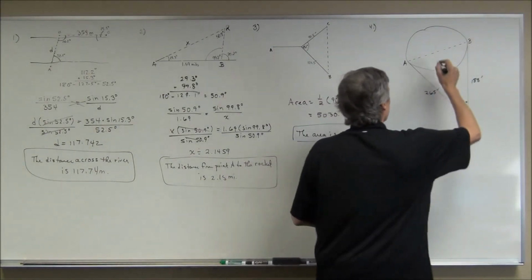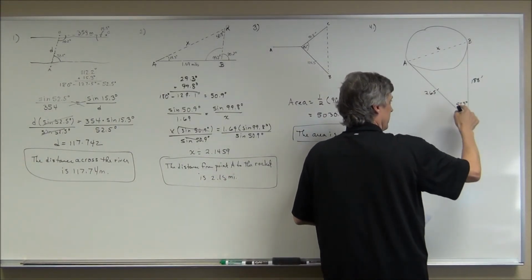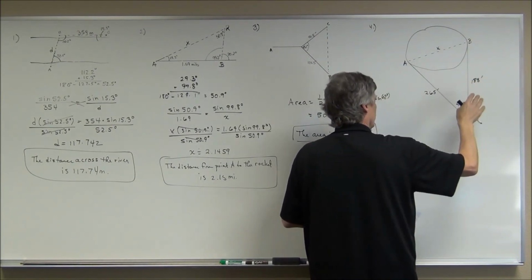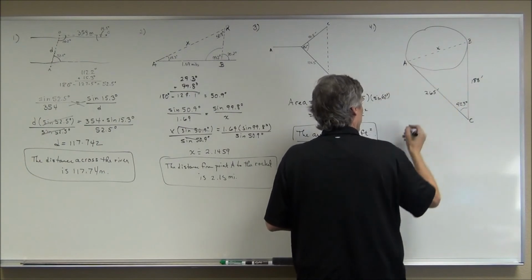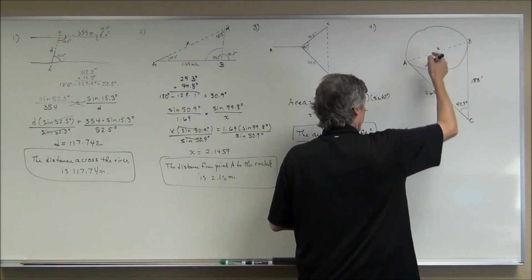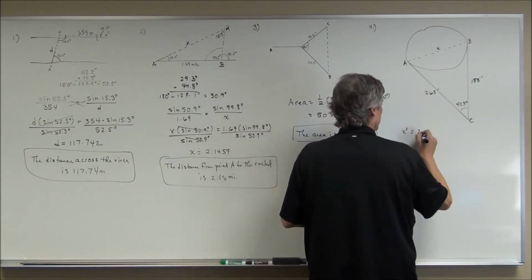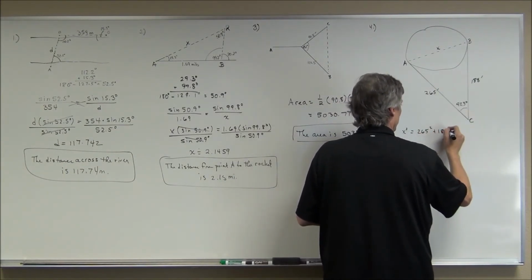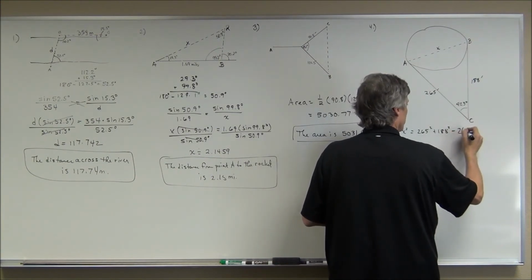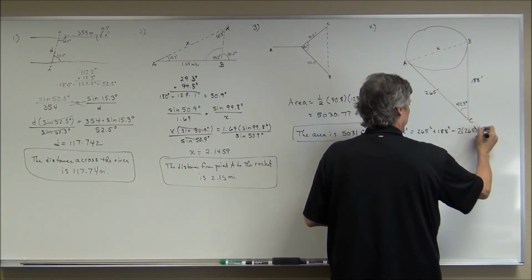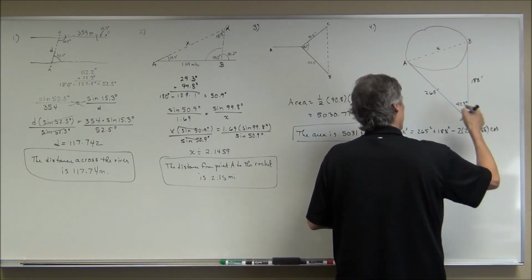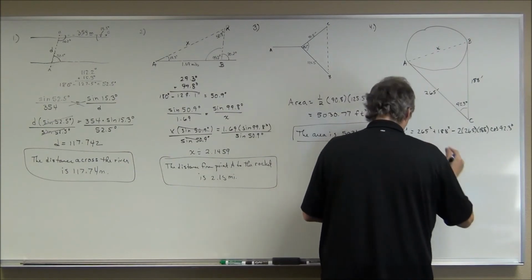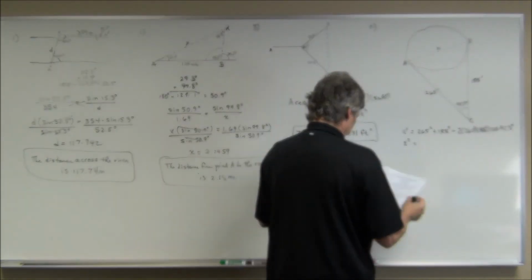Now look what you have. You're trying to find this. Side, angle, side. Not a right triangle. You have two sides and the included angle. You got to use the law of cosines. So that would be x squared, the side in question, is equal to the one side squared, 265 squared, plus the other side squared, 188 squared, minus 2 times the first side, 265, times the second side, 188, times the cosine of the included angle, 42.3 degrees. So I got my calculator out, and I did a bunch of this, and I got this to be